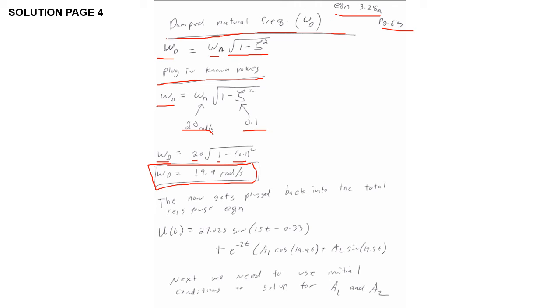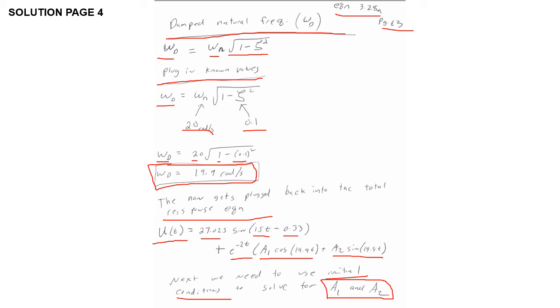So now this value here gets plugged back into the total response equation there. So this long equation, again, we're solving this piecewise. So this becomes u of t is equal to our 27.02 times the sine of 15t minus 0.33 plus e to the negative 2t, a1 cosine of 19.9t plus a2 times the sine of 19.9t. So next, we need to use our initial conditions in order to solve for our a1 and our a2 out